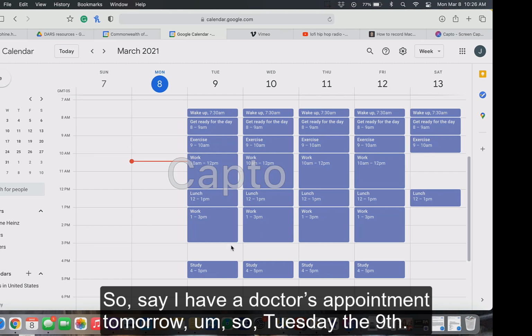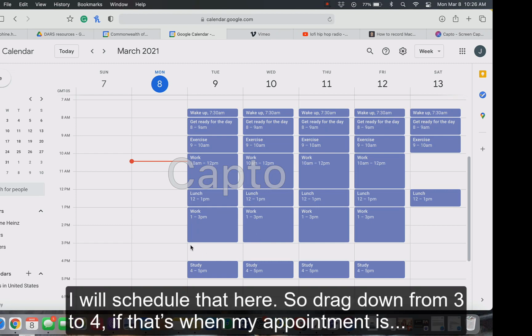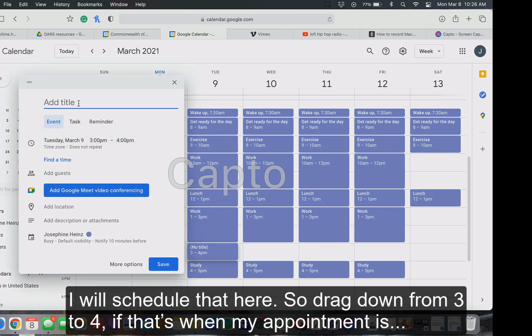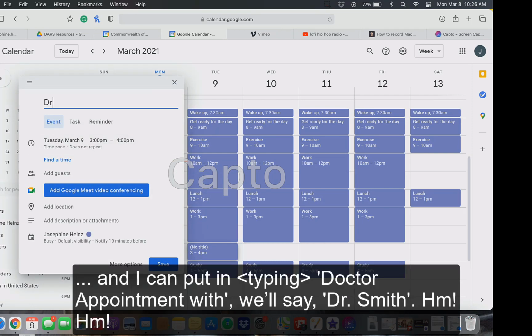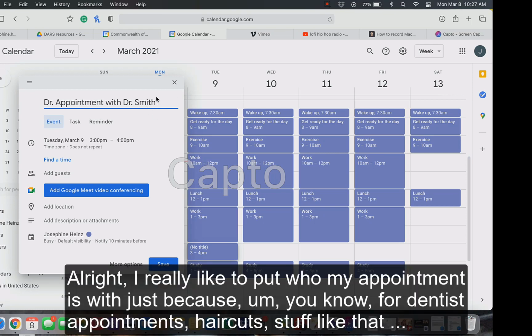So say I have a doctor's appointment tomorrow. Tuesday the 9th, I will schedule that here. So drag down from 3 to 4, if that's when my appointment is. And I can put in doctor appointment with, we'll say Dr. Smith. All right, I really like to put who my appointment is with, just because, for dentist appointments, haircuts, stuff